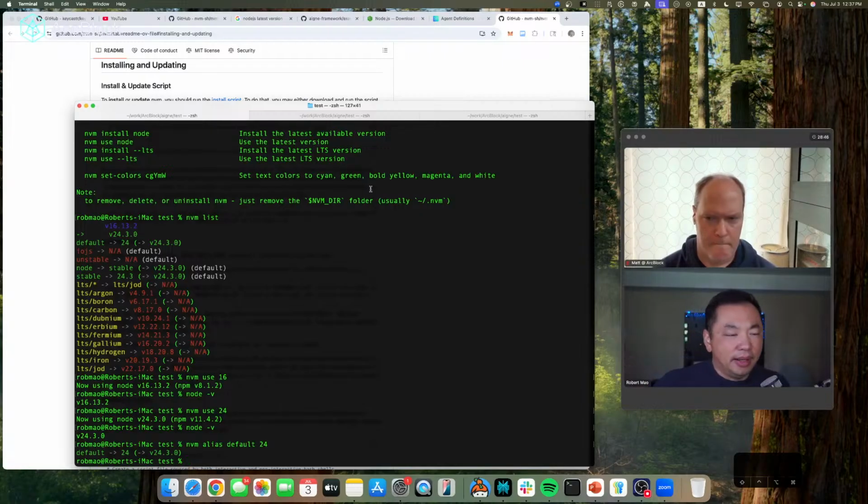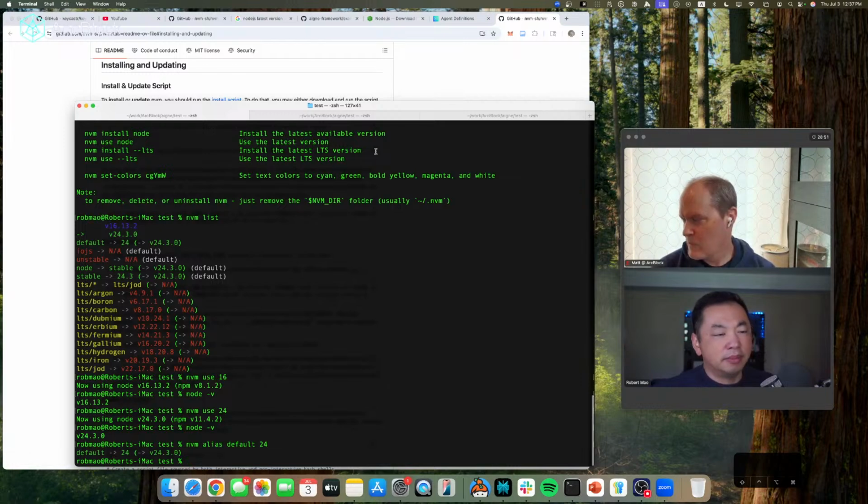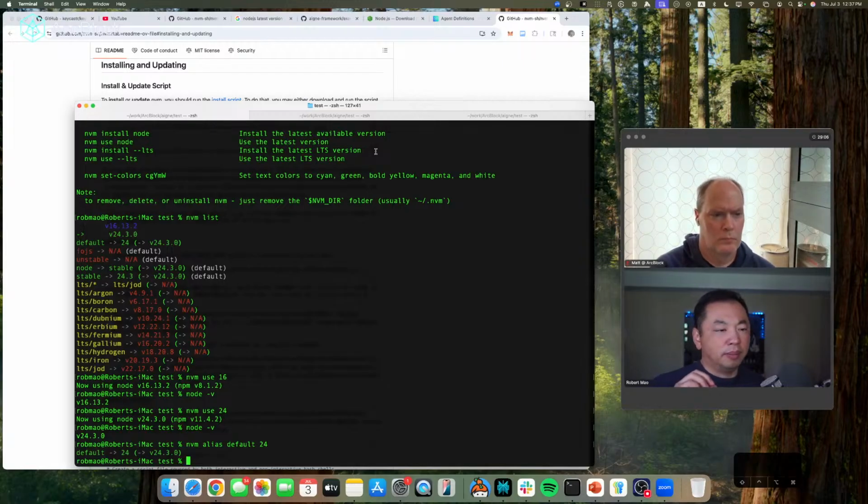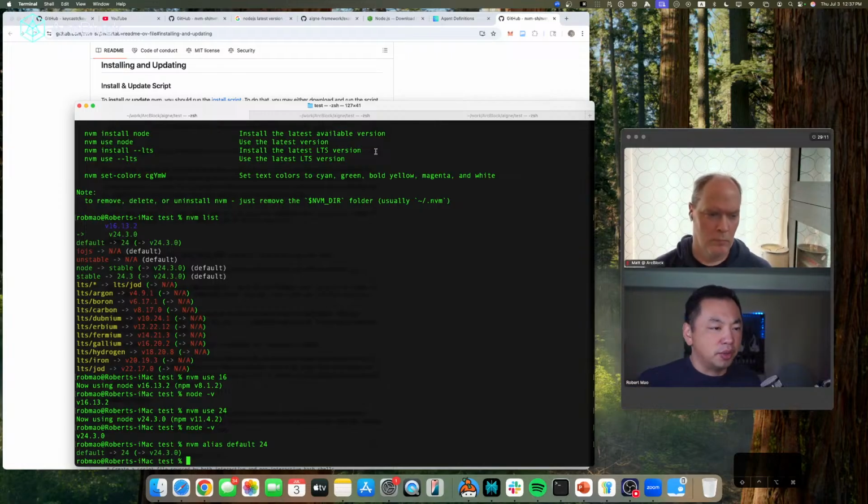So I think this is basically the very beginning part. This is probably the only requirement to use ArcBlock. No matter whether it's the AIGNE Framework, the Blocklet Framework or Blocklet Servers, that's all you need. We try to make this as simple as possible. You need a Mac or a Linux. Remember to update your system to the latest version, and then run this in the terminal and install Node Version Management (NVM). And once you have NVM, install the latest Node version.